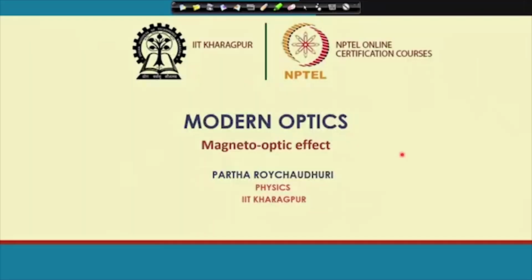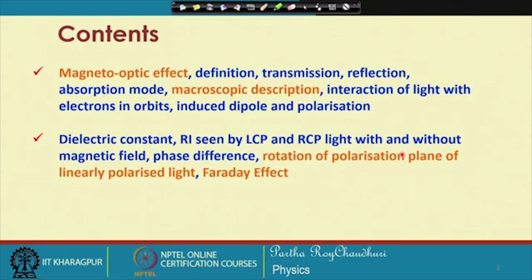Now, we will discuss the magneto-optic effect. For the magneto-optic effect we will discuss the basic definition and the three categories, that is the transmission, reflection and absorption mode of this effect. We will look at the microscopic description considering the interaction of light with electron orbits and induced dipole polarization,